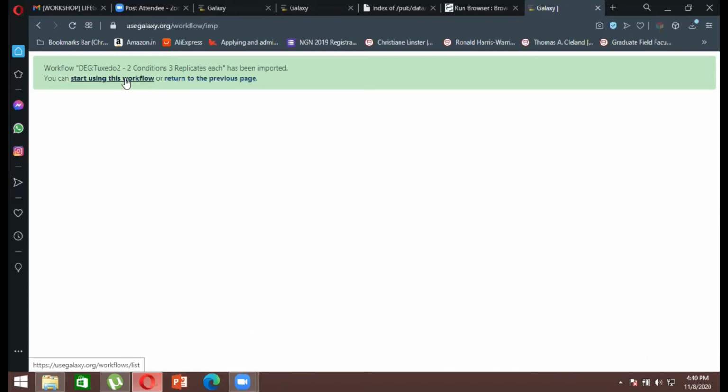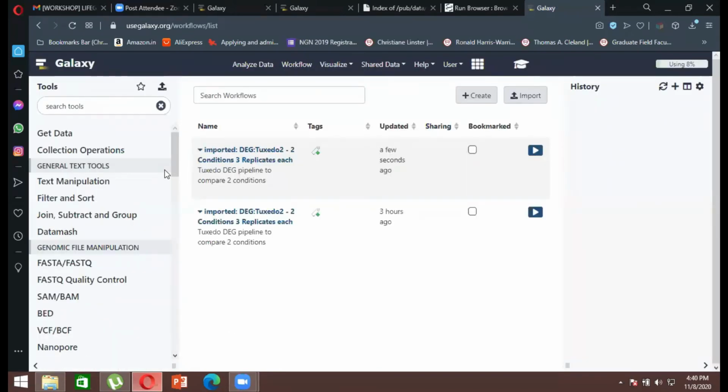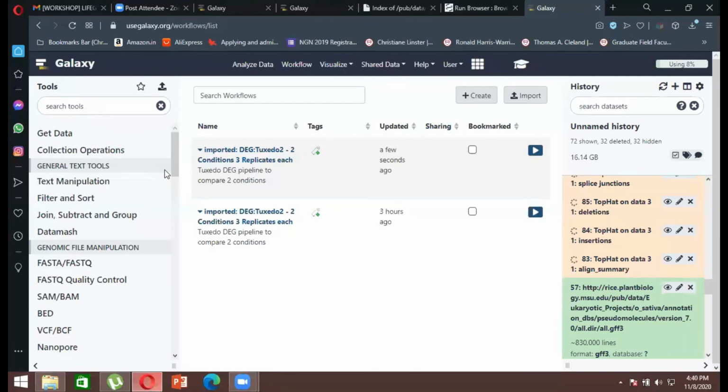So the workflow that is being created, I'll click here. I'm going to use a workflow. So I'll click on this workflow. Now what workflow basically means is it will show you how the data is going to be standardized, how the data is going to be processed, right?